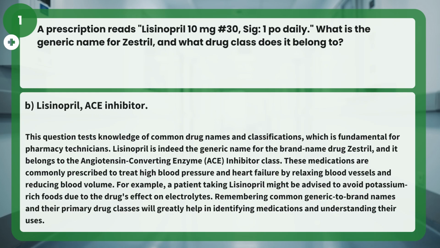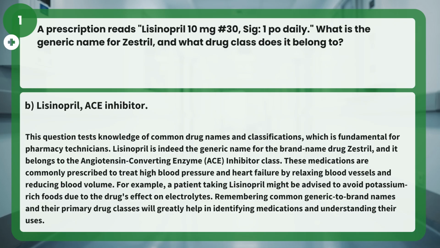Answer: B. Lisinopril, ACE inhibitor. This question tests knowledge of common drug names and classifications, which is fundamental for pharmacy technicians. Lisinopril is indeed the generic name for the brand name drug Zestril, and it belongs to the angiotensin-converting enzyme, ACE, inhibitor class. These medications are commonly prescribed to treat high blood pressure and heart failure by relaxing blood vessels and